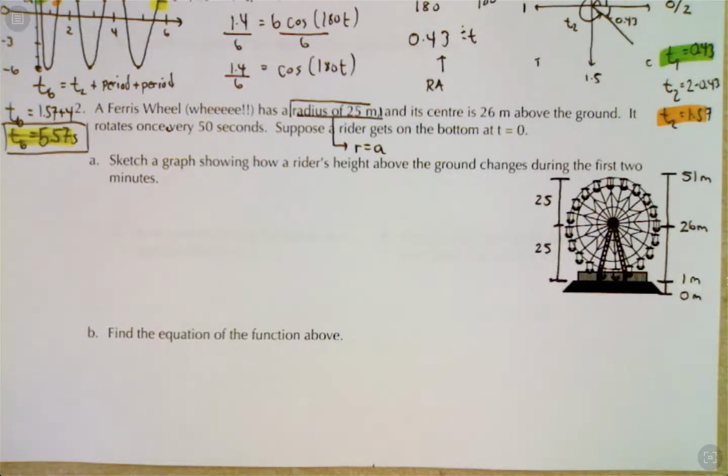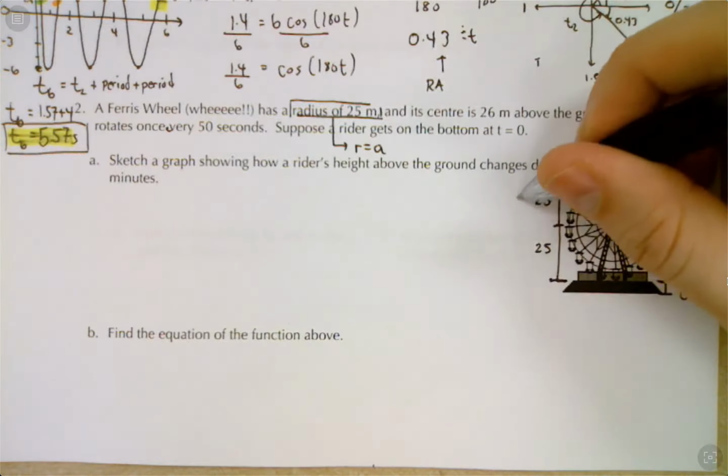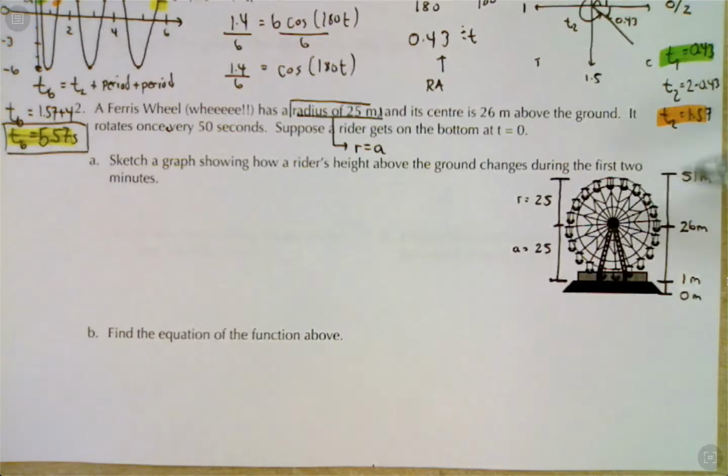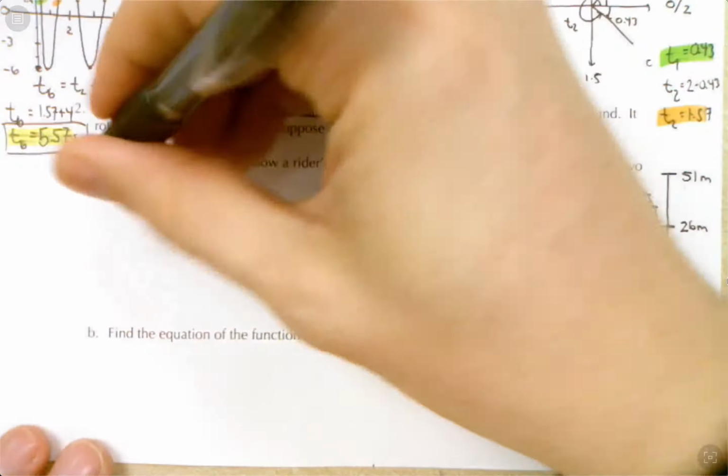And how does this help us? Well, it helps us because this is a lot of key information. Here's the radius, which is also the amplitude, so I'll label it with different letters. Here's our vertical scale of our graph. 51 is the top, 26 is the middle, 1 is the bottom of a cycle. So if we want to draw our sketch here,